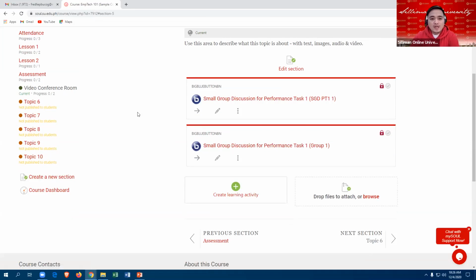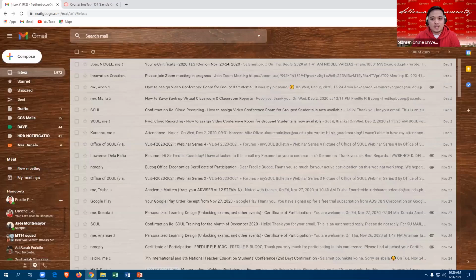In creating a Google Meet, we must first open our Gmail account. So this is my Gmail account. To create a Google Meet, or Meet video meetings, first we will use Google Calendar.